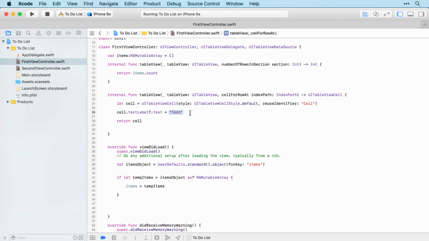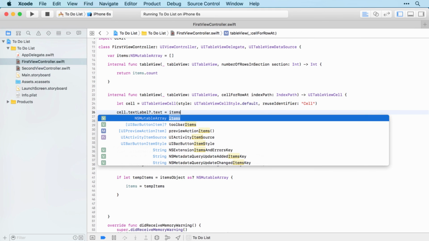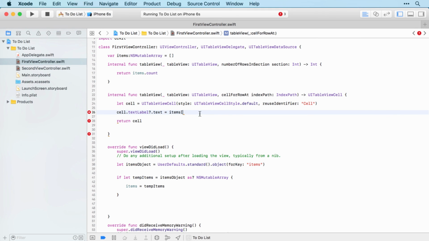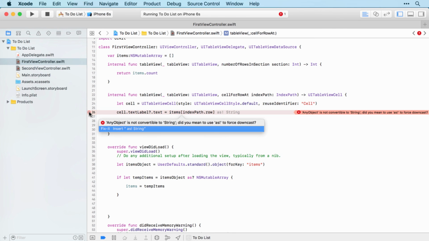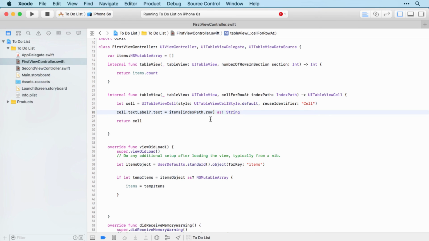And we can use items, and we want indexPath.row. That's the number in the items array that we want to grab. Now this, I believe, is going to be an object, so we need to convert it to a string, which we can do either using String and then brackets, or we can force that cast. And I know that's going to be okay because if there's anything saved in there, it's definitely going to be